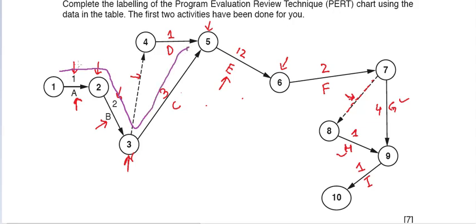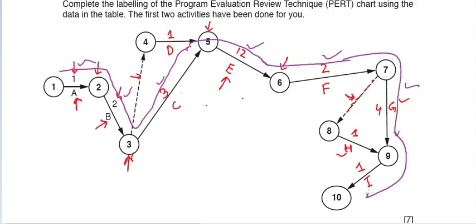So this is going to be 1 week, 2 weeks, 3 weeks, and then we are going through these 12 weeks, then these 2 weeks, then these 4 weeks, and then this 1 week, right? So this is going to be what? 1 plus 2 is 3, plus 3 is 6, plus 12 is 18, 20,